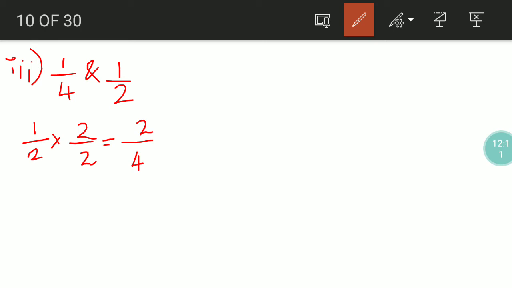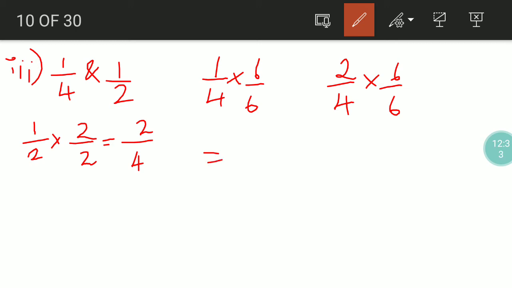Right, now we have to find rational numbers between 1 by 4 and 2 by 4. See, 1 by 4 and 2 by 4, how tough it is, right? So we have to multiply 6 by 6 as discussed previously, the 10 plus 1. So if you forgot, you have to go back and rewind, or if you didn't note it, you have to rewind. Okay, so 6 1s is 6 and 6 4s is 24. Now here 2 6s are 12 and 6 4s are 24.